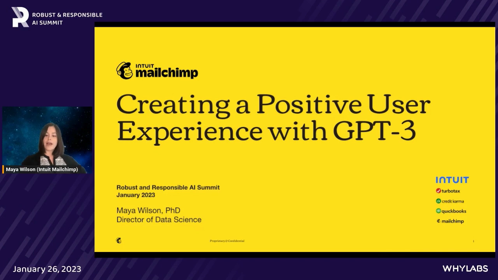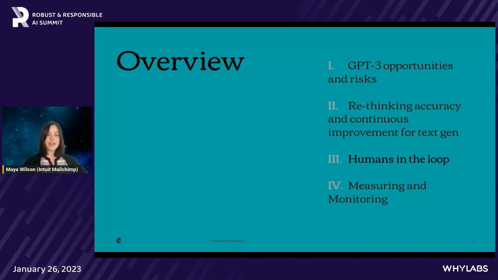So I'm going to talk a little bit today about our experiences using GPT-3. It produces an interesting set of considerations relative to the user experience and the applications. So looking forward to talking with you about that today. GPT-3 presents some interesting opportunities and risks in the generative text space. So I'm going to talk about some of the applications where it may or may not be appropriate. I'm also going to talk about how we think about accuracy in the context of our applications and for our users, and specifically how we approach continuous improvement given the unique challenges with GPT-3.